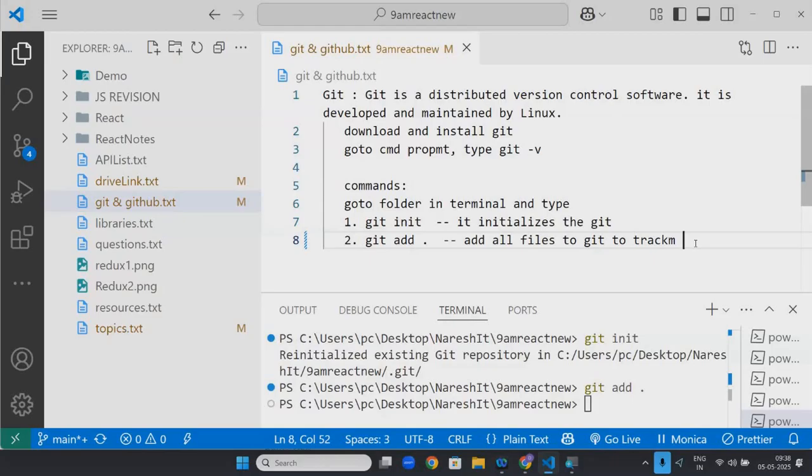Because earlier the file was not tracked, and now it is tracked. So you did some change. That means Git has the previous version and checks it against the current version, and whatever the difference is, it points it out. For this one, you need to add it. Git space, add space, dot. What is it? Git space, add space, dot.